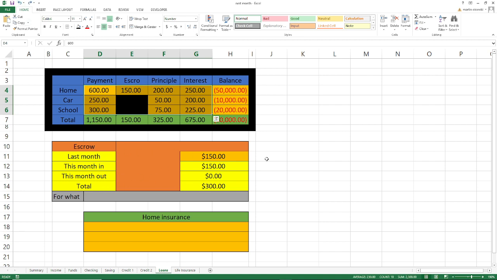The first thing you got to do, you take the total $300 right here, and you transfer it here first. And then after you do that, then you delete the section right here. Then you get $300, $300, and then you're done.